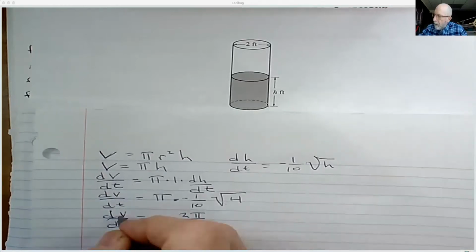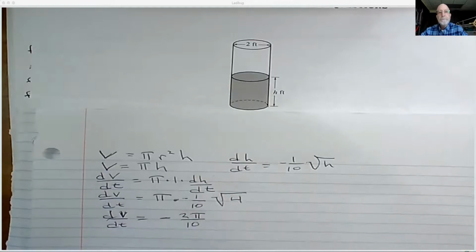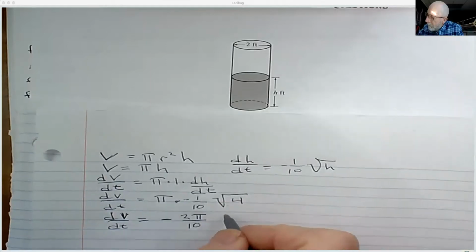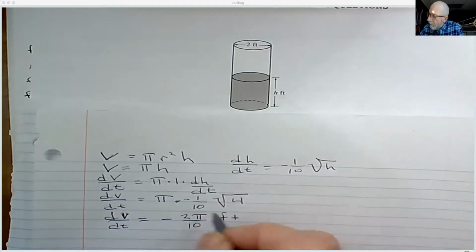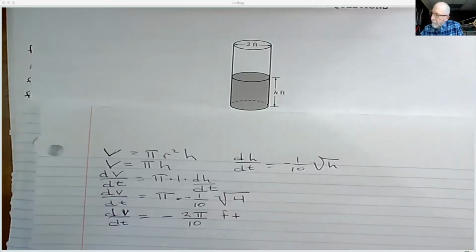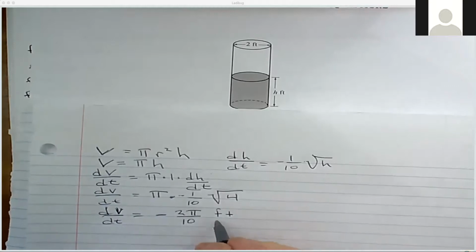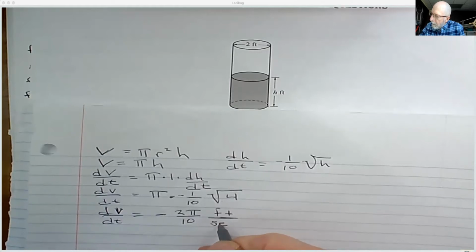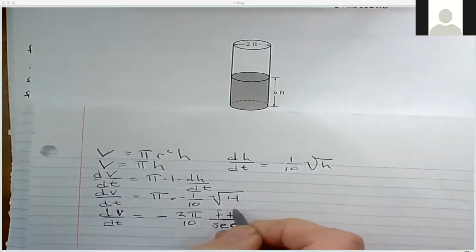Okay, what are my units? Remember, it's volume, and the diameter is 2 feet, and the height at that moment is 4 feet. So what's the rate of my changing volume that's decreasing? Feet per second. Feet. Now it's volume, correct? Yes. Is volume measured in feet? Not normally. It's feet what? Cubed. Perfect. There we go.